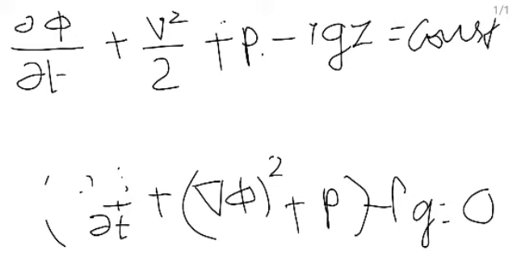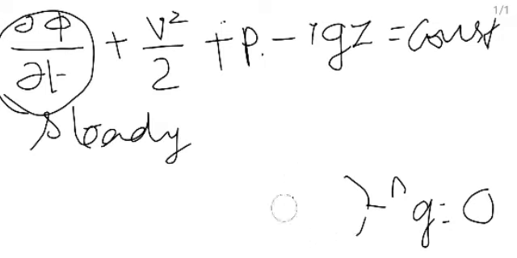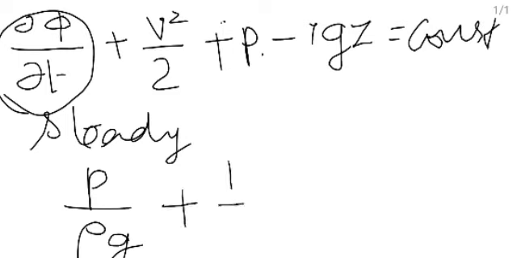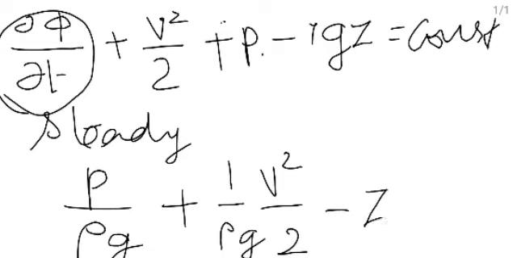Now applying the other condition that it is steady, it is applicable for steady, this dou phi by dou t can be neglected. Since Bernoulli's equation we are applying it only for steady flow, variation of variable with respect to time can be considered to be 0. So the other things, if we are writing P by rho G plus half v square by 2 minus z equal to constant is